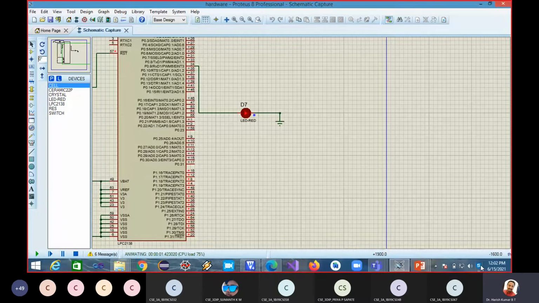So this is one simple example which I wanted to show you people. Now I want to stop. So come here and click. So the simulation has passed.